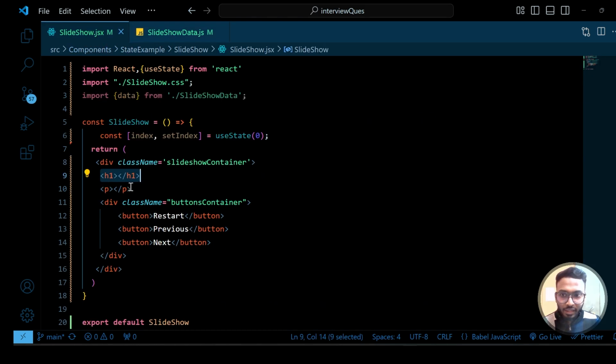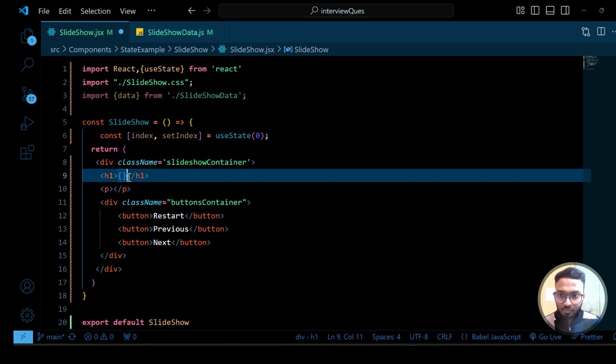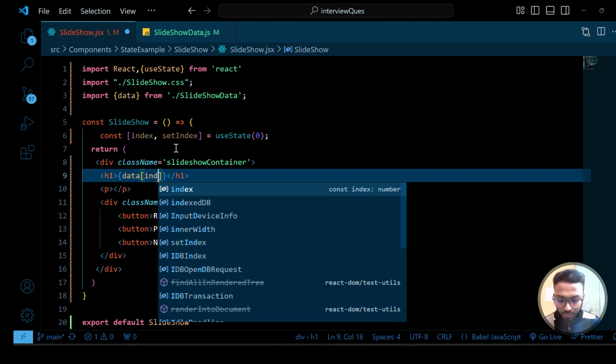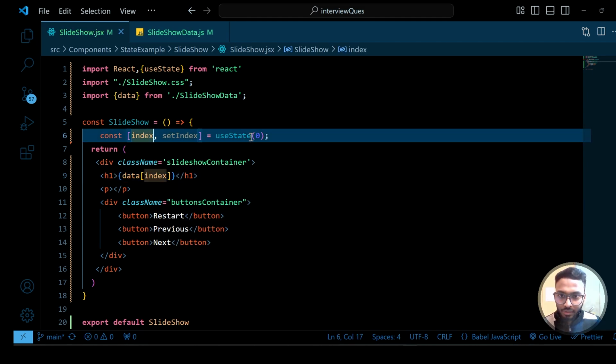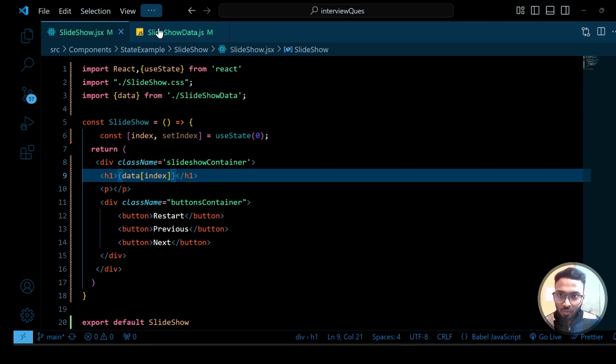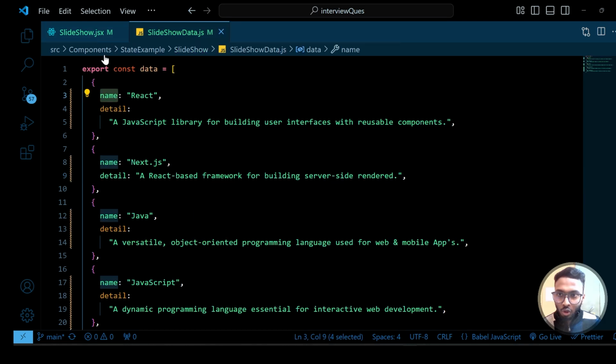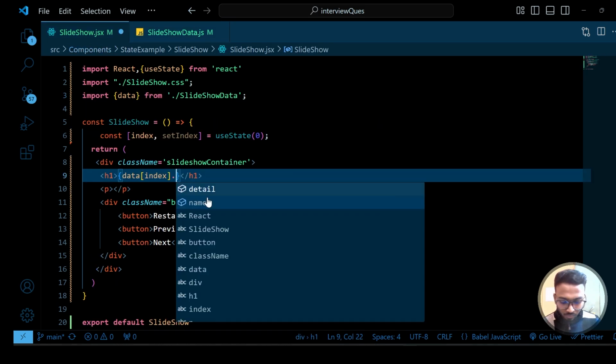So how to access that name? Simply a curly brace, then data of 0, that is data of index, as here we have the index. So for name, data of 0 dot name, as this is an array of objects, not simply just an array. Okay, so data of index dot name,